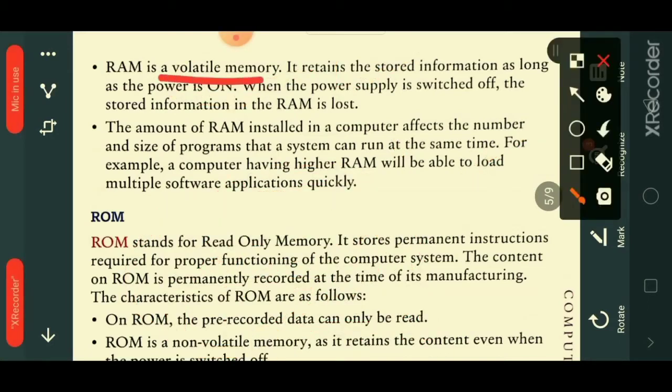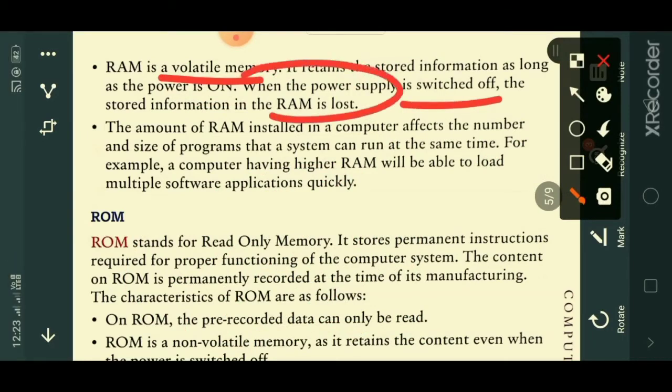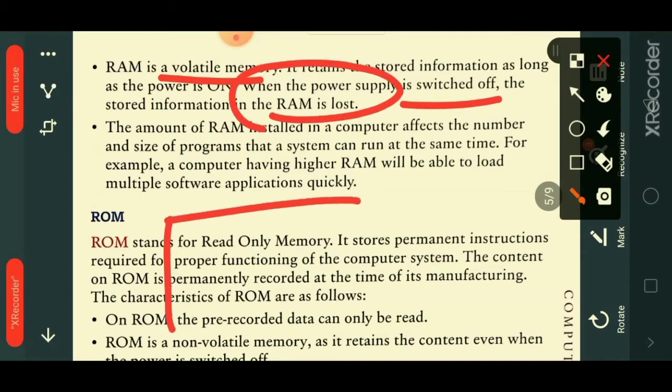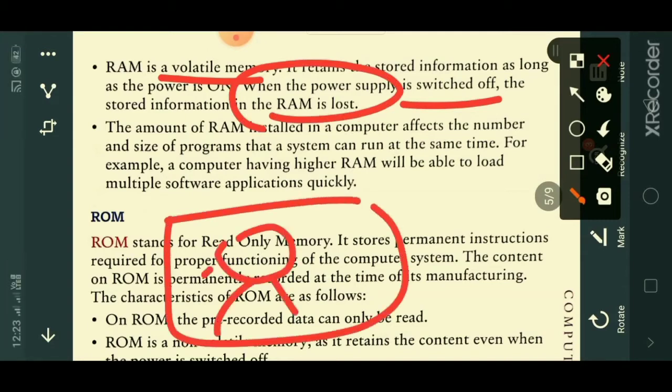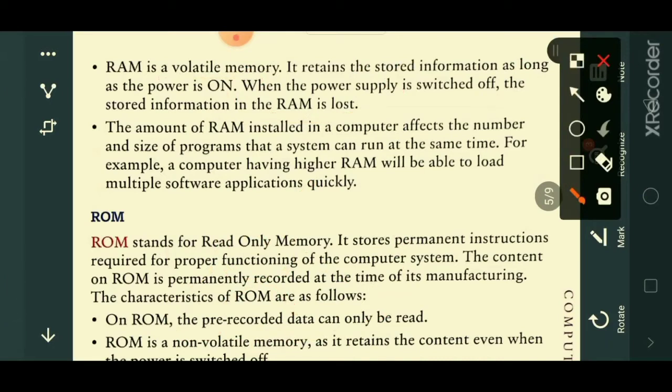When the power supply is switched off, the stored information in the RAM is lost. It means all the data is deleted once the power supply is switched off. For this reason, RAM is known as volatile memory.